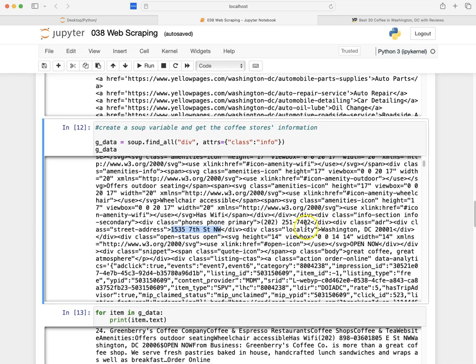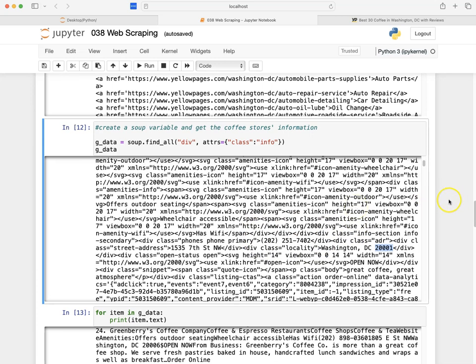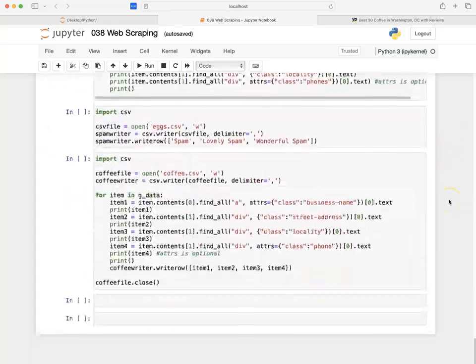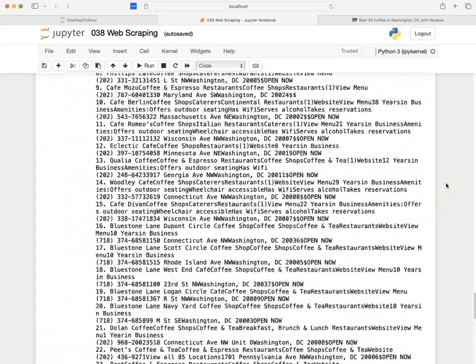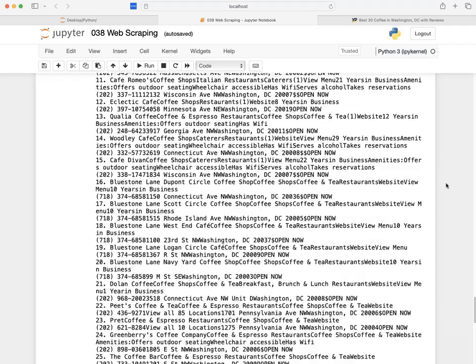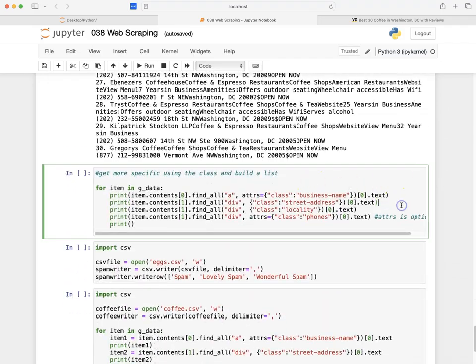And there's a class called locality, which shows you the cities, Washington, the state abbreviation DC, and the zip code. And there's a telephone number here somewhere too. You get the idea. So that's what I had to do just once, just to see what they're called. And once I had that, then I was good to go. So I can come down here and fetch the text for all of those, and then